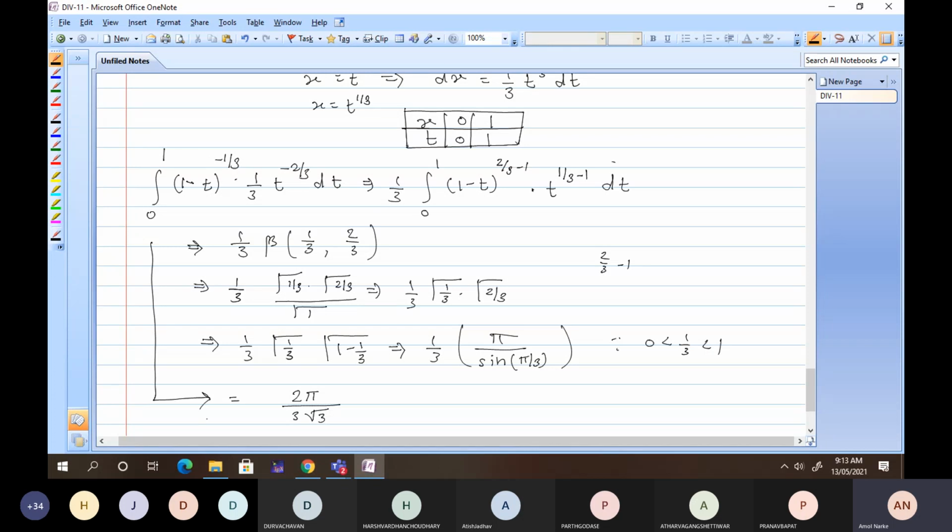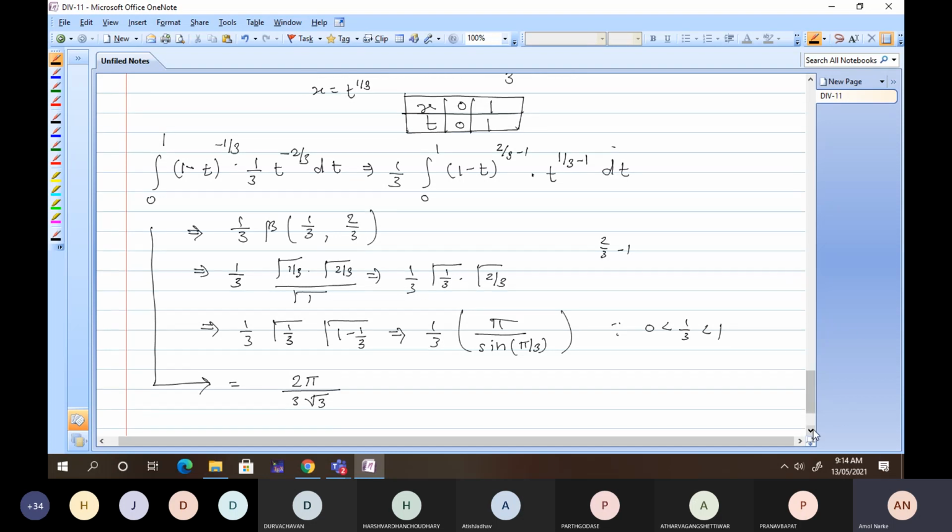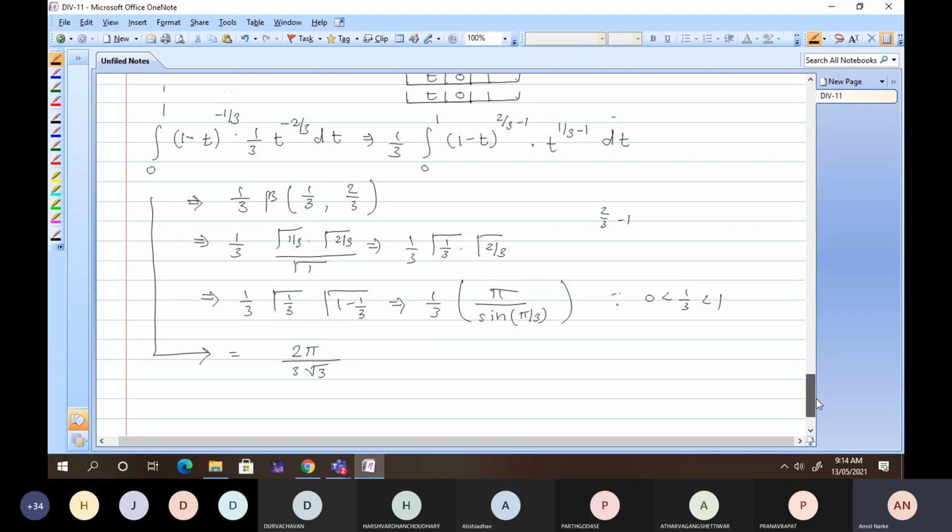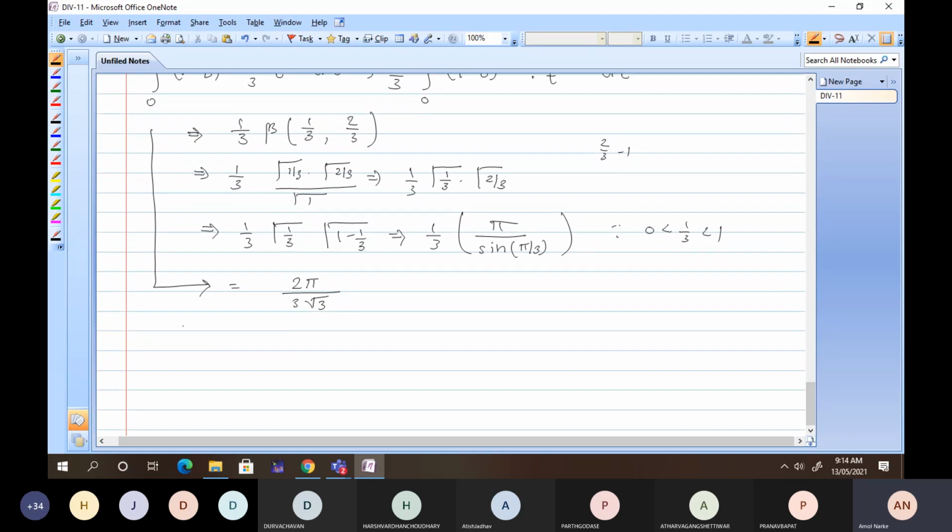Is it clear to everyone? This is what we have for the beta functions. Now we have one more type of beta function example. I will give you this example as homework. Just try to solve it as homework. If you face any difficulties, please tell me. You need to substitute something. Substitution plays an important role. What you are going to substitute and how you are going to substitute, you think about that, or in the next lecture we will discuss. We have problems in the tutorial up to this. I will give you a homework example. That homework may be a problem of your tutorial.